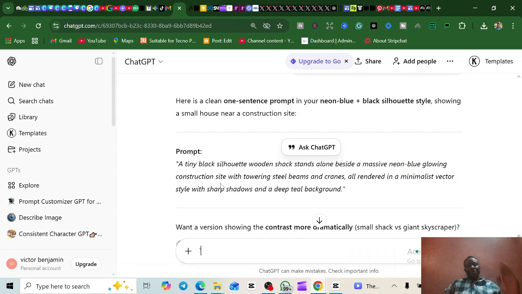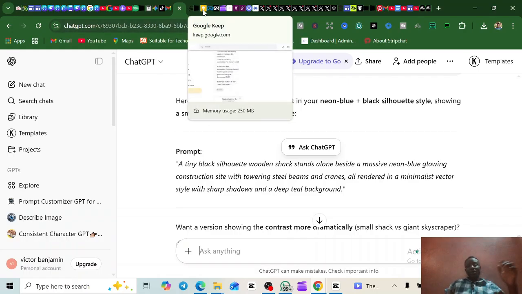Now when you get your script, you come to ChatGPT, right? You should have ChatGPT by now. And then you're going to paste this prompt. Now let me take you to the prompt that you're going to paste. All these prompts are going to be under the description of this video, or if you're watching it from the G4G AI Hub, it's going to be at the side of the tutorial, right?